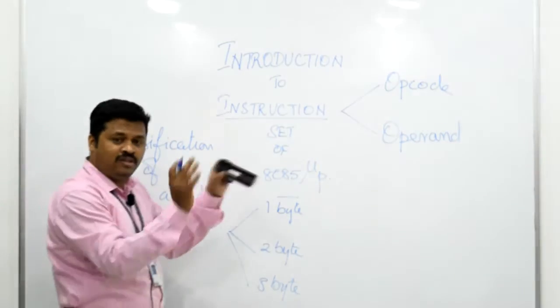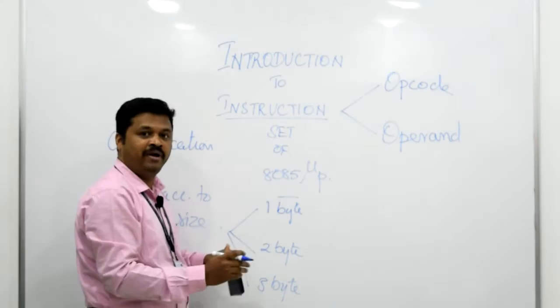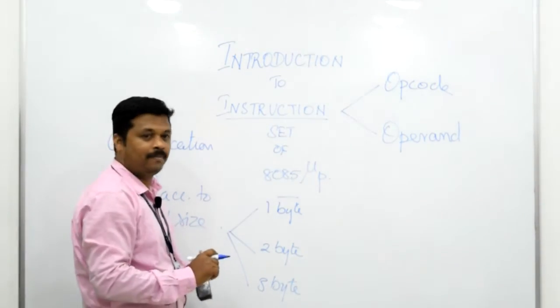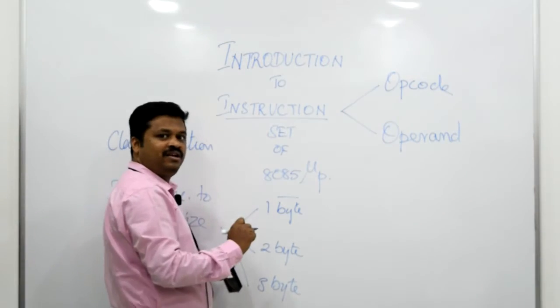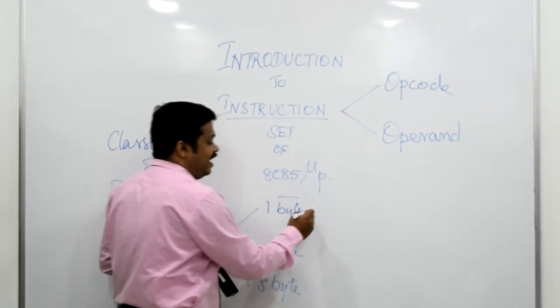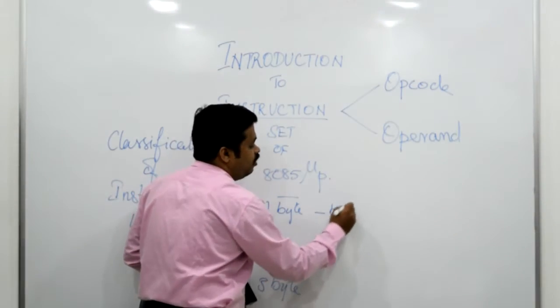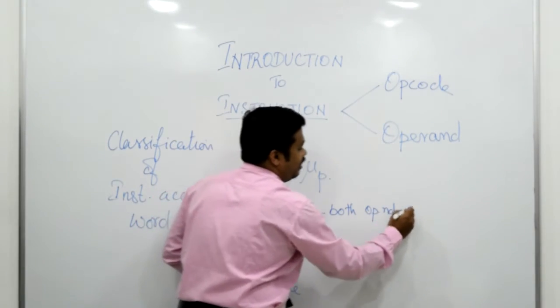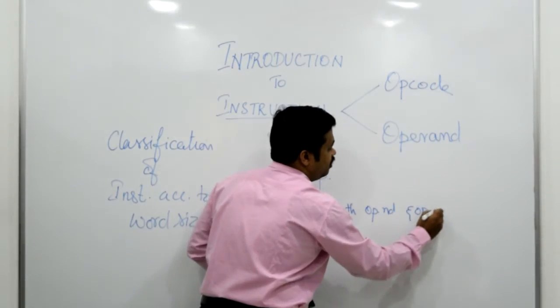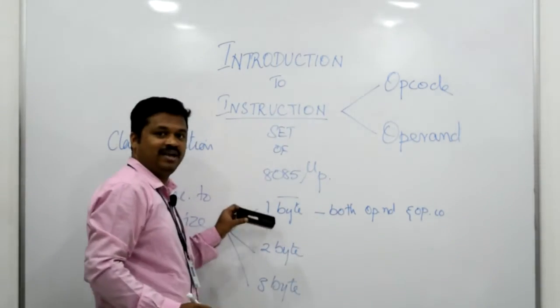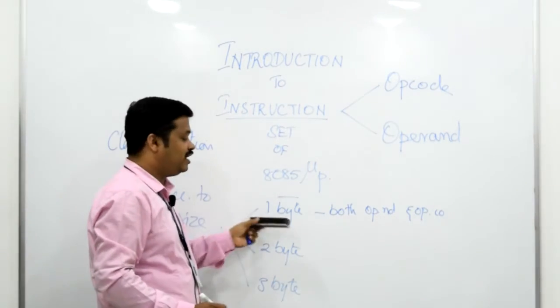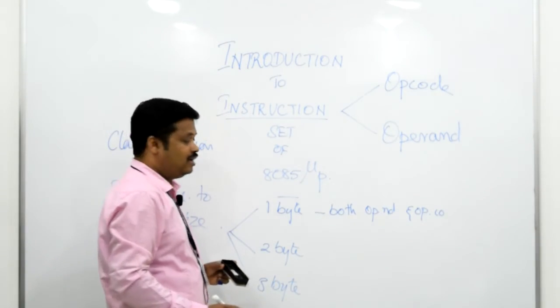So, now what all the instructions come under the category of 1 byte, what are the instructions that come under 2 byte and respectively 3 byte. If any instruction in an 8085 microprocessor has both the operand and opcode in the same instruction, you call it a 1 byte instruction. For example,